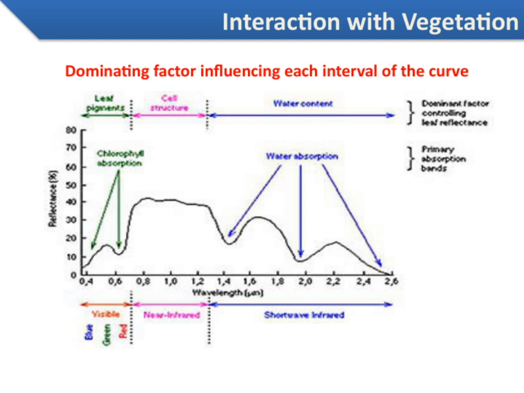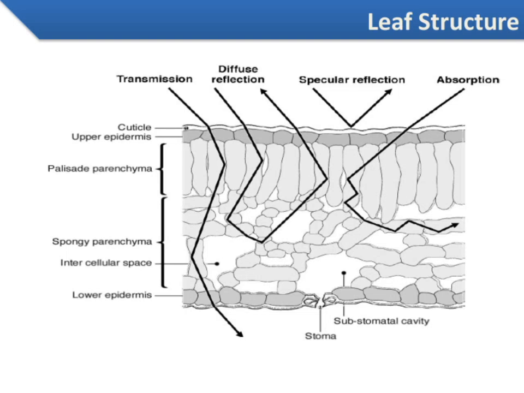Today, I want to focus on leaf structure, which is a fundamental aspect of plant anatomy and crucial for understanding how plants carry out photosynthesis. As you can see, leaves are designed with several key parts, each playing an important role. The broad, flat surface of the leaf maximizes light absorption, which is essential for photosynthesis.